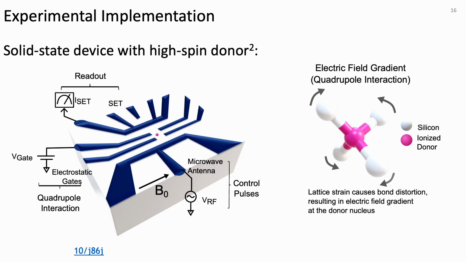Here's a concept for how the system works. There's the silicon substrate. There's a single antimony nucleus, that's the red dot, antimony 123. Then we have a set of wires, electrostatic gates, to be able to stretch the nuclear ball. And then we have the microwave antenna. The microwave fields drive the different transitions. And then we also have a single electron transistor. This is the key point, and why we use antimony and not, say, bismuth is because we have a